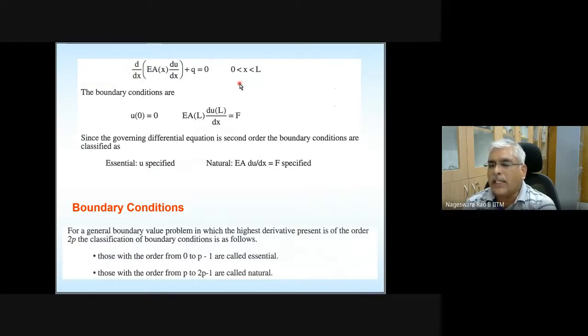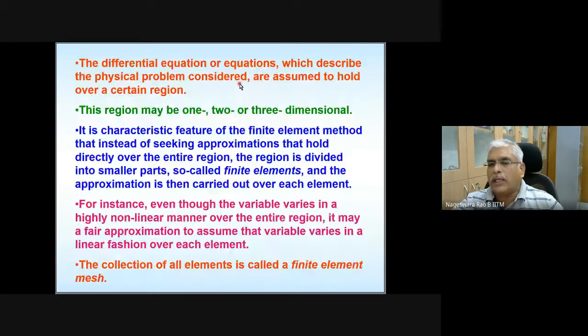Okay, so instead of seeking a single solution over the entire domain, in finite element we are going to divide this entire domain into smaller pieces called elements and try to seek the solution in each of these smaller parts. And what is the advantage of that? Instead of going for a higher order polynomial, we can assume a linear polynomial itself. Okay, anyway, if it's not clear to you, as we progress it will be clear to you. Okay, so let's go through this point again.